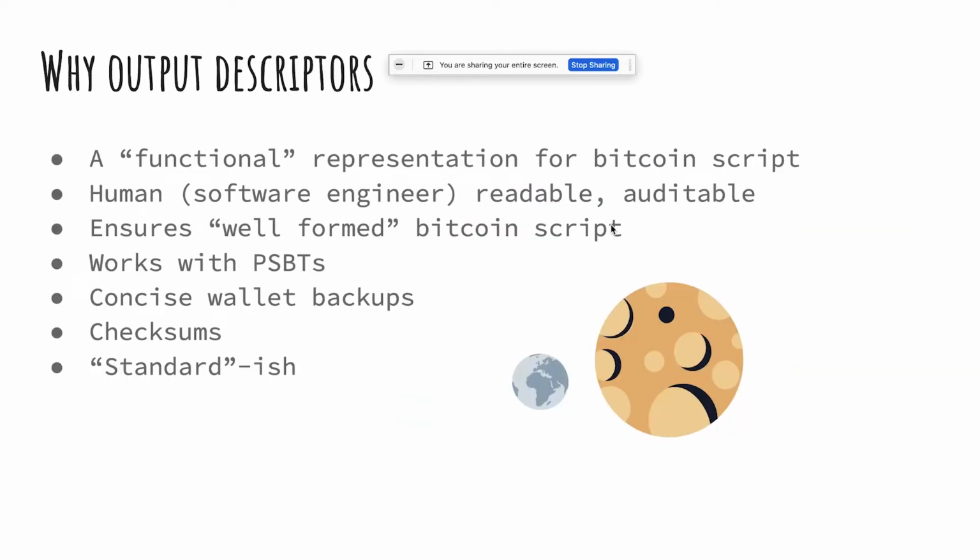Okay, so why would you want to use an output descriptor? Well, we just saw in the last presentation all of the elements that make up a Taproot descriptor. To actually create valid Bitcoin script, you need to know a lot about how to construct those scripts. So what